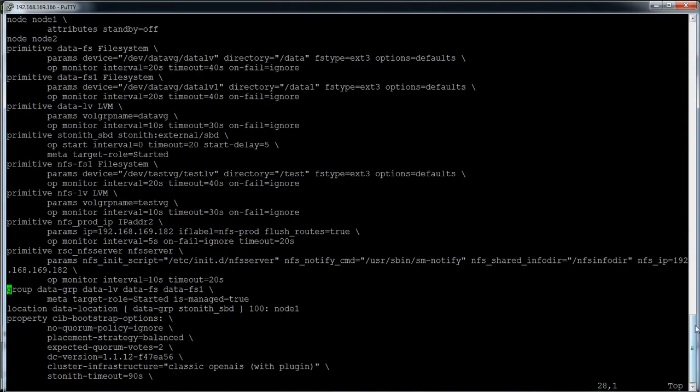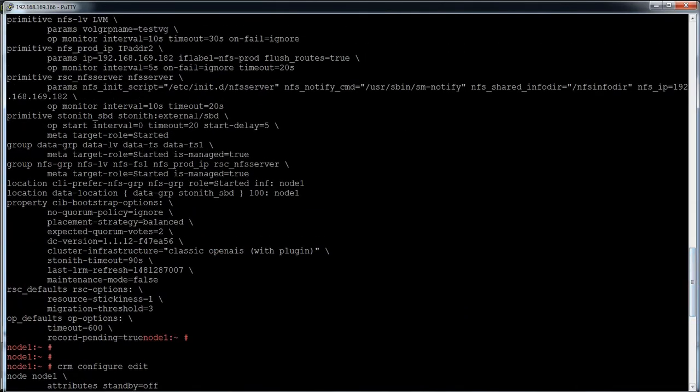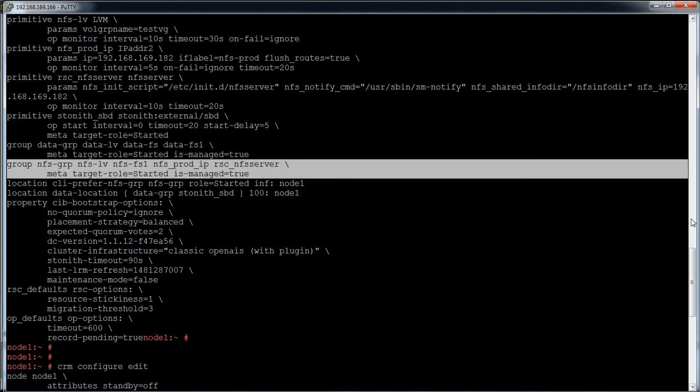Now I have to copy my group section. Okay, so this is the group section. All these primitives are going to start under this resource group named NFS-GRP, and this is my first LV primitive, file system primitive, IP primitive, and NFS server primitive. So this group I require, so I'm just going to copy this